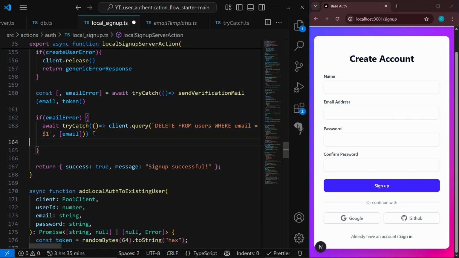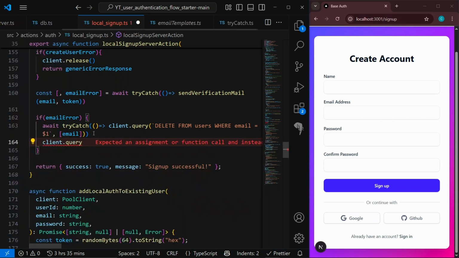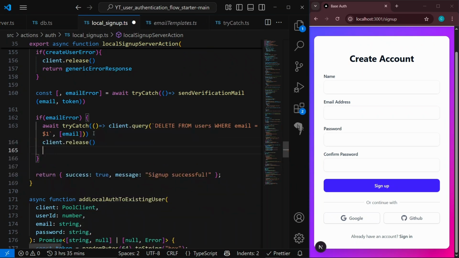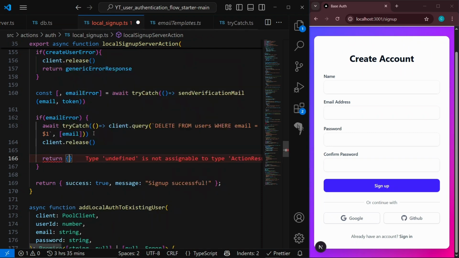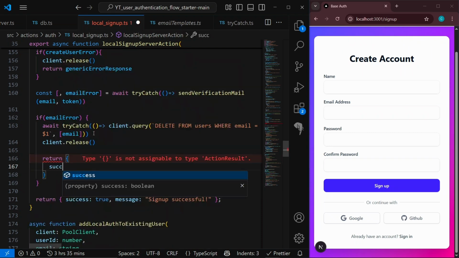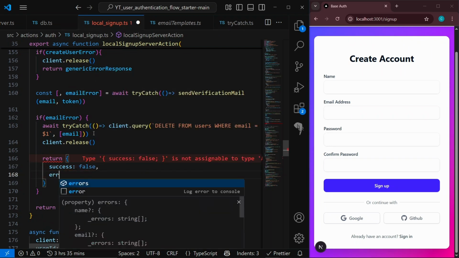After deleting the user, we're going to release our connection back to the pool. Okay, client.release. Then we're going to return an error statement to tell the user that account creation was not successful. All right, so our errors,